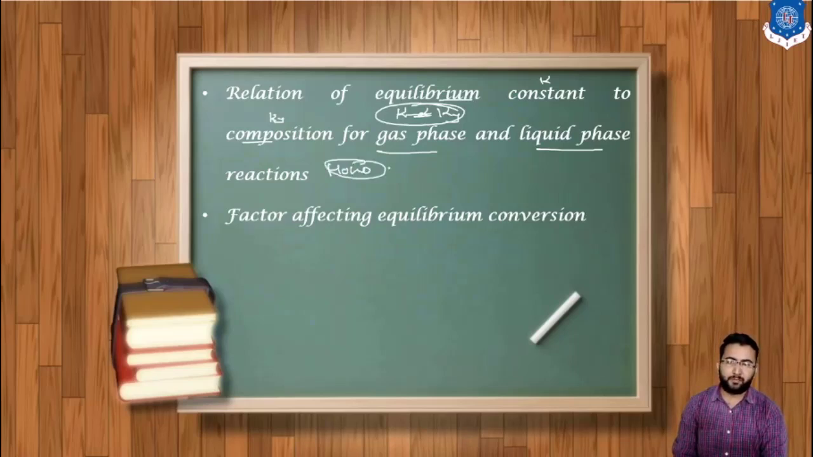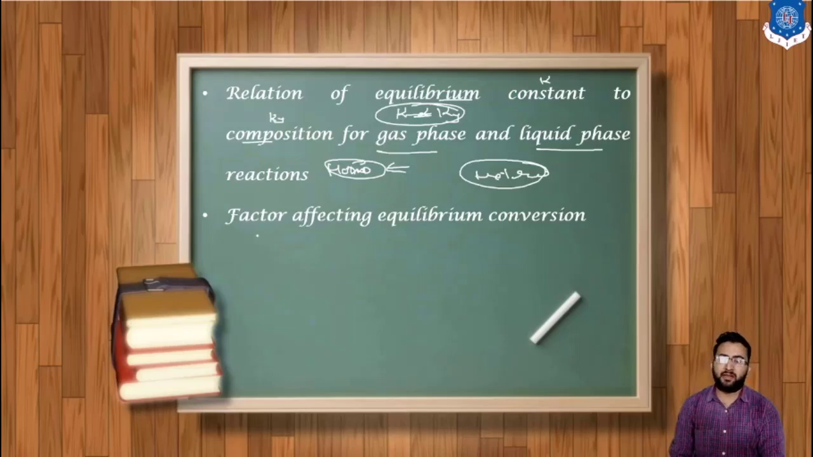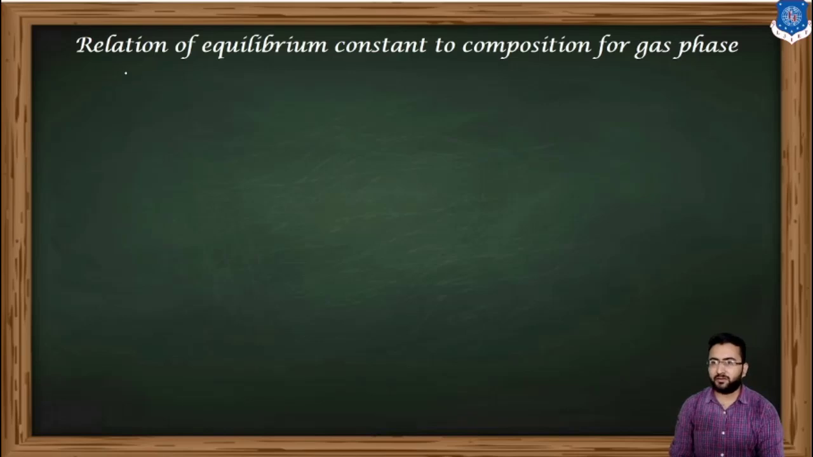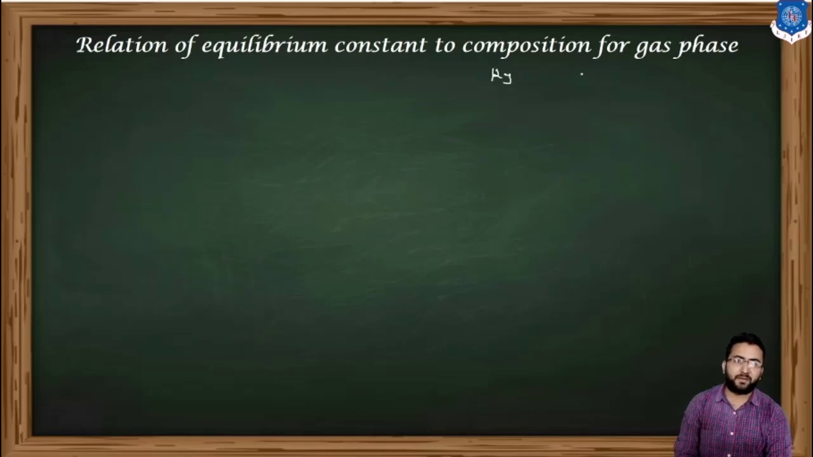In the previous lecture, we discussed the heterogeneous phase reaction. Here we are going to discuss the homogeneous phase reaction, and after that we are going to discuss the various factors affecting the equilibrium conversion, which is known as Ky. So let's start with the relation of the equilibrium constant to composition, or equilibrium conversion Ky, for the